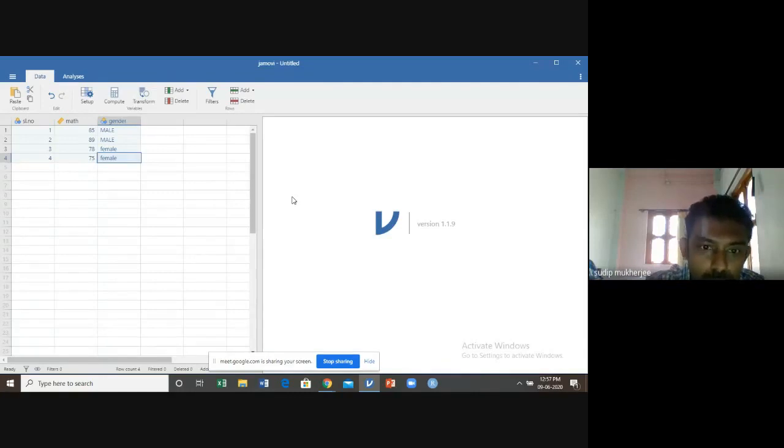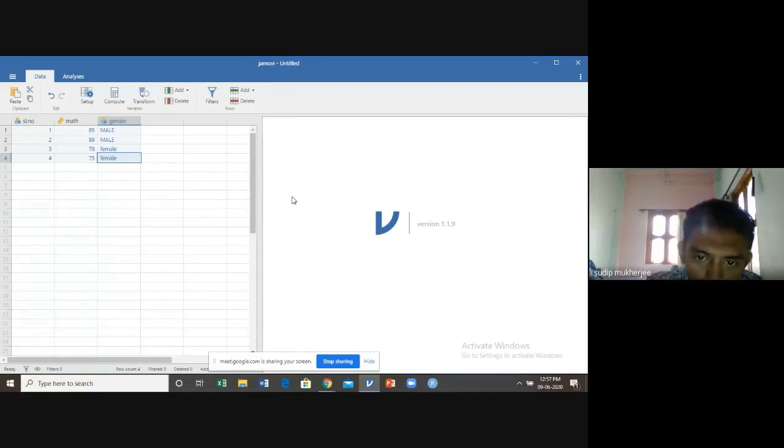I think up to this it is clear. So next we try to do the exercise of how we import or open the data sets in the form of Excel or in the form of CSV. The first thing you have to remember, in Jamovi you cannot open any Excel file.